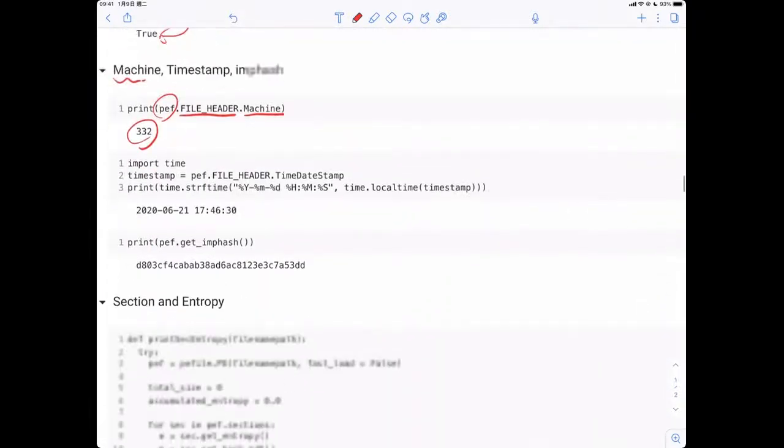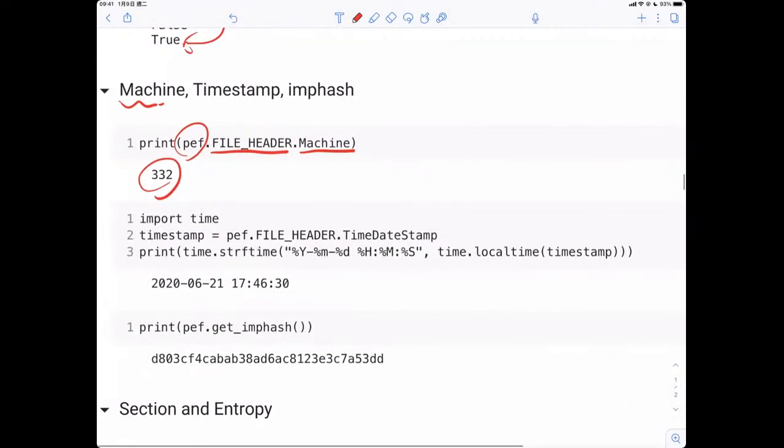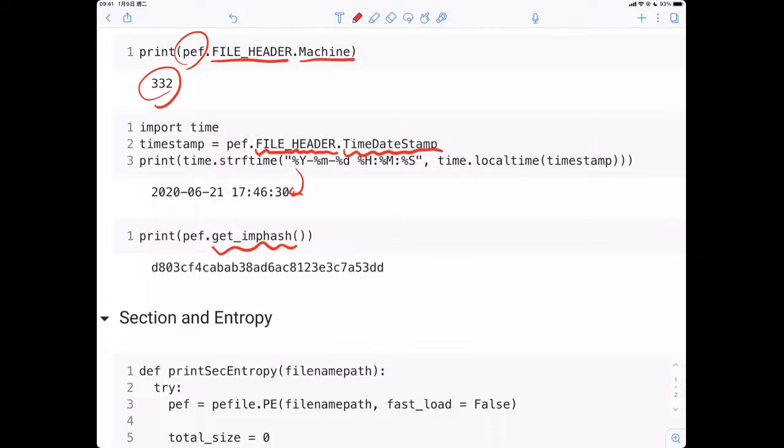So you look it up in the table. That is more convenient for you to print those values out. You don't have to parse those files by yourself because the pefile package has already done it for you. For example, you can print the file header timestamp, and that is the time that this file was compiled. There are also hash functions, so we can get the hash values. Of course, you can print its MD5 value, SHA-1 value, SHA-256 value.